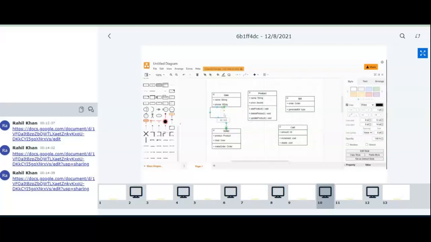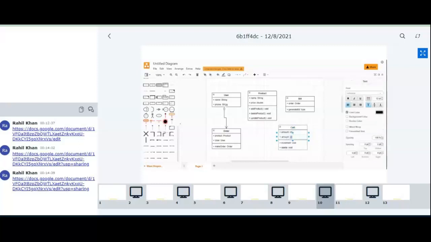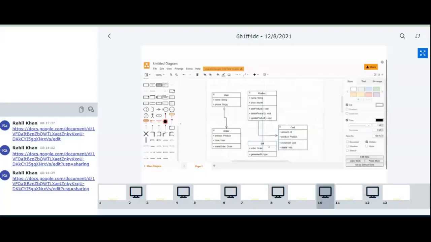Okay, so a user places order and products, like you can use this, products goes into cart, okay, and the bill is generated with this, and then the straight line